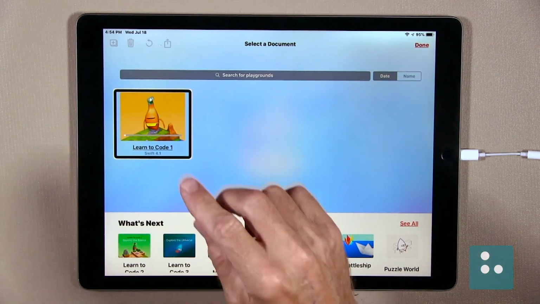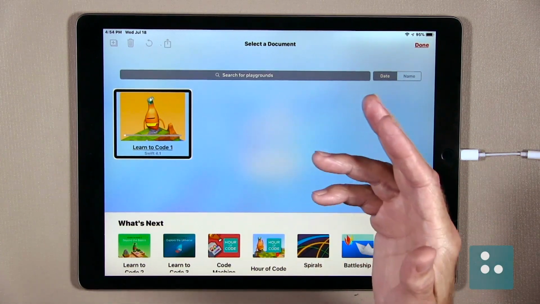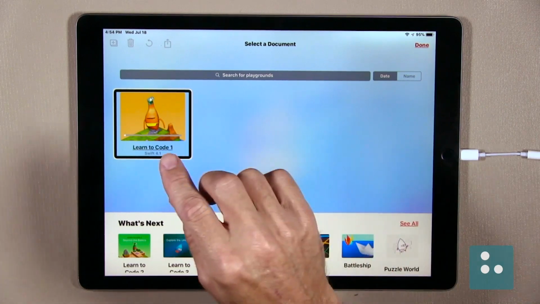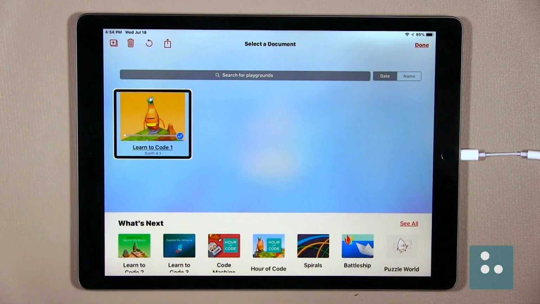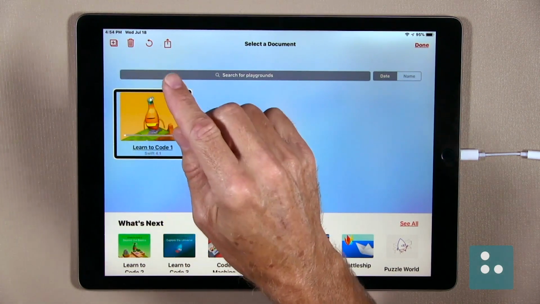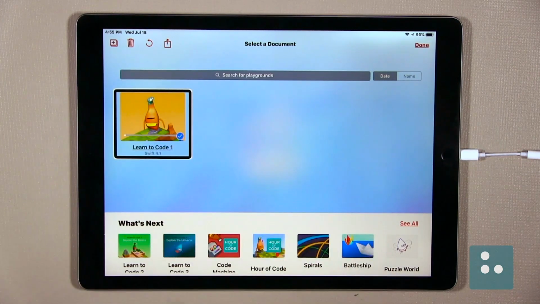We were then told that we could double tap to select our playground, which is exactly what we want to do. So we'll just double tap here and we'll select our playground. And we'll just double tap. Selected. Learn to Code 1, Swift 4.1. Great, we have selected our Learn to Code playground, and now we have been given some really useful tools here in the top left-hand corner of our screen. So let's quickly just check them all out.